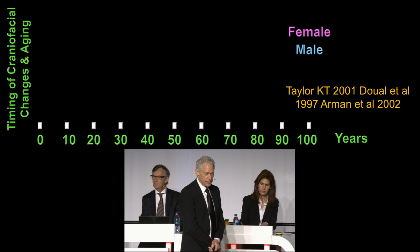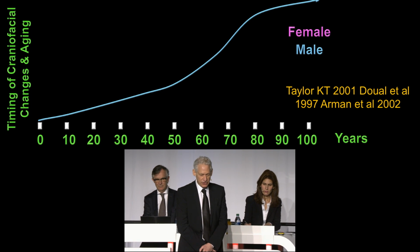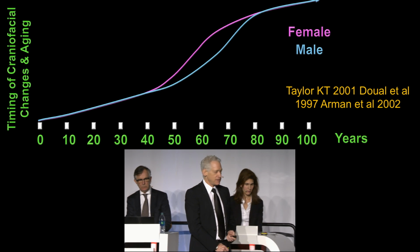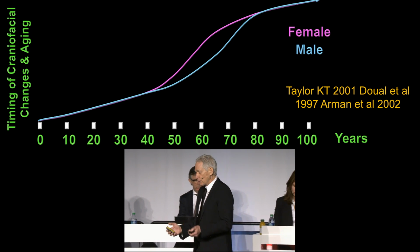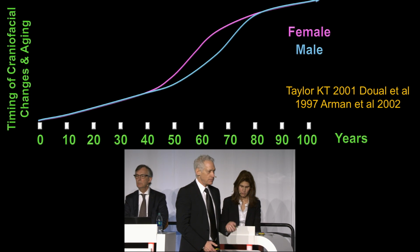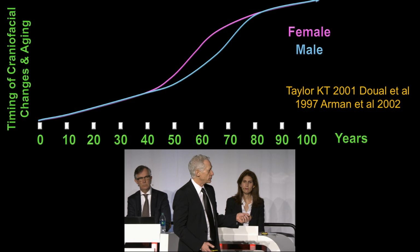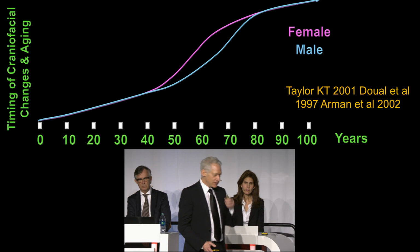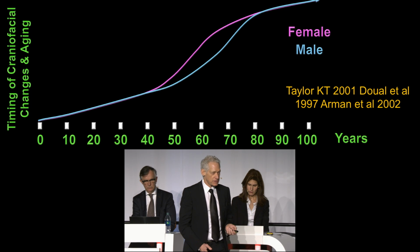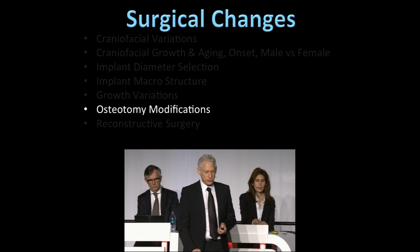That's what I do. Growth variation. It appears that it starts earlier in female than male. There are many, many theories. But generally, the curve in a male is between 40 to 50. You go through a very rapid change in growth. In female, it starts a little earlier. Now, since we all agree that we will not place implants in juveniles, if I see a female at age 40 that tells me that she feels she's aging, she feels a big change in the last 2 or 3 years, she may be on this tangent of growth and this tangent of aging, that if I place an implant, I will always be wrong. So there's nothing wrong when there is this tangent and suddenly the aging process occurs. Wait for 2 to 3 years